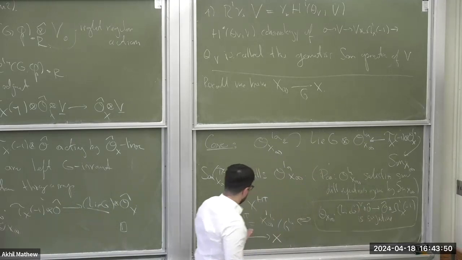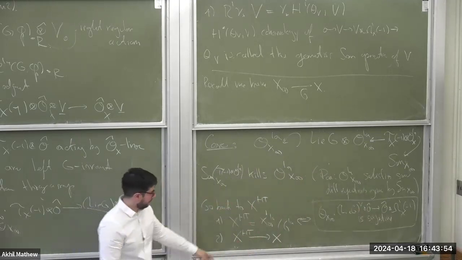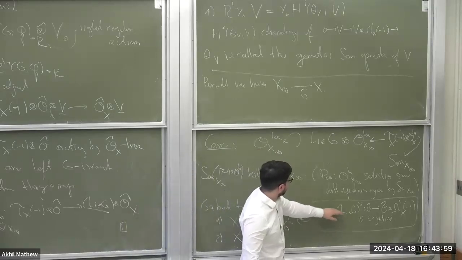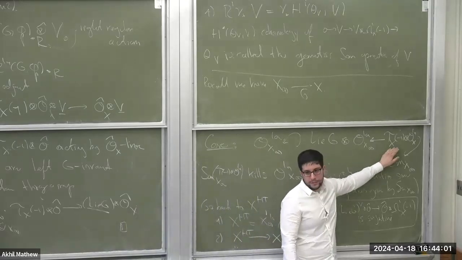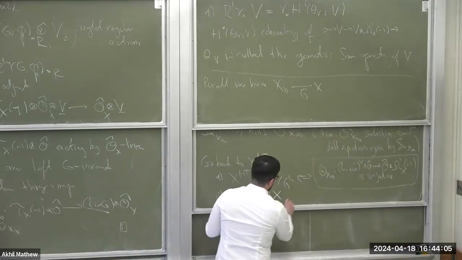Right? This guy is acting by G. G acts on the whole space, it doesn't matter, but the only difference is what happens for the Lie algebra. And basically, the only thing killed in the Lie algebra because of this map is going to be the tangent space. So this tells you that this guy is going to be a germ